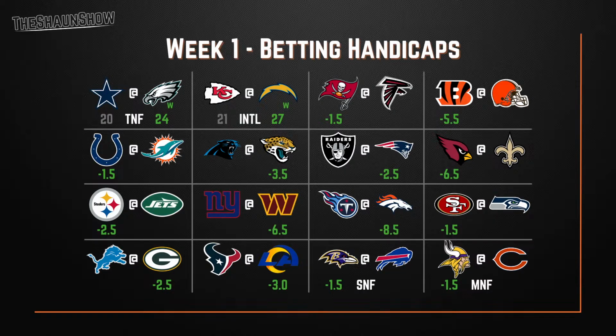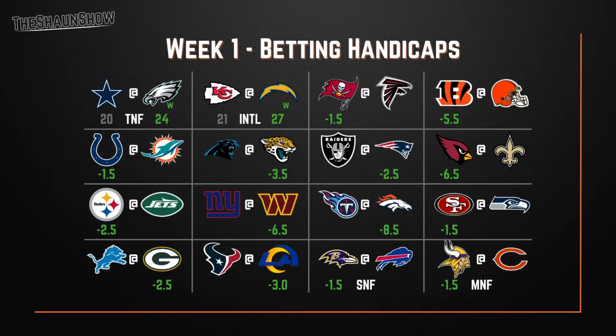Next, we have the Monday Night Football game, which is the Minnesota Vikings 1.5 points over the Chicago Bears in the Windy City. I'm going to have to go with the Chicago Bears here. Again, I do think it's possible that they do win this game. They do have a new OC. Caleb Williams seems to be feeling a lot more comfortable with his players around him, and the defense is... Chicago's always going to have good defense. I'm going to take the Chicago Bears here.